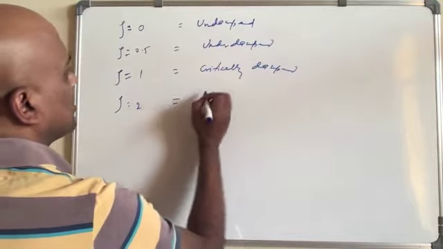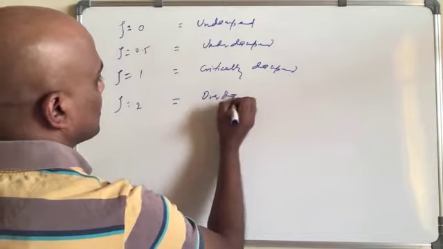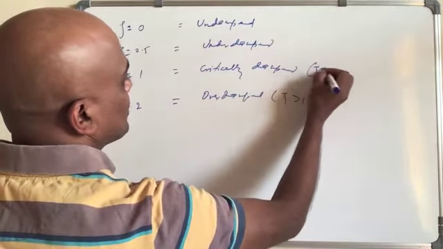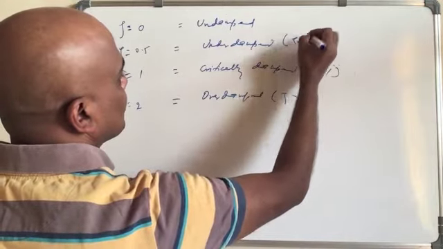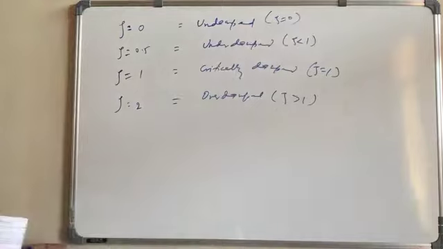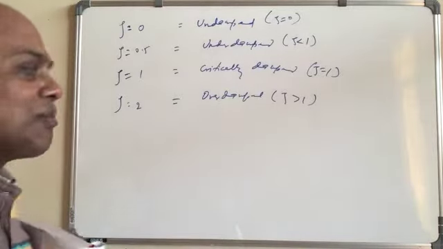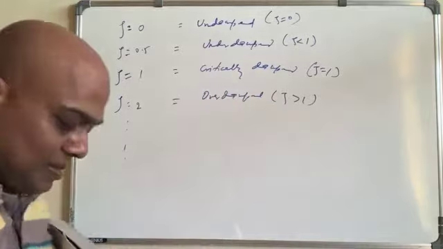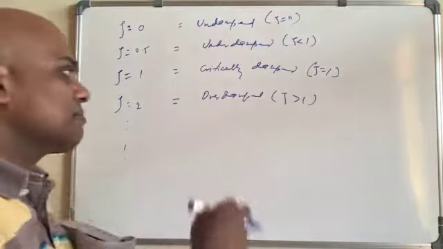And this will be overdamped. Since zeta is greater than 1, it is overdamped; zeta equal to 1, critically damped; zeta less than 1 but not equal to 0, underdamped; and this is zeta equal to 0. So this is the condition you have to match. There will be several other values actually. Again, these are too easy.